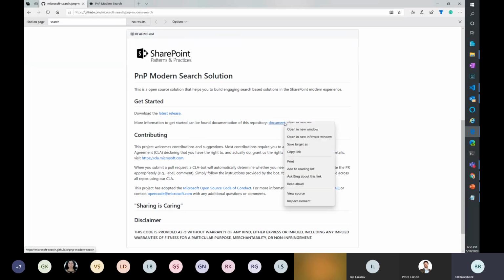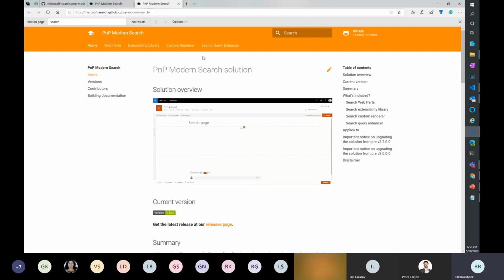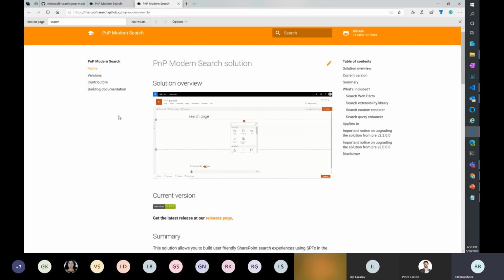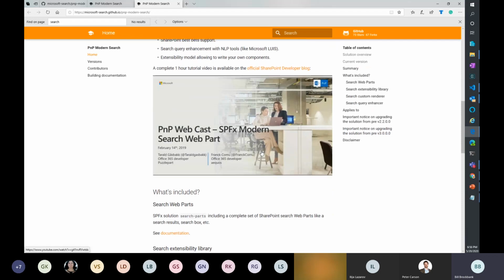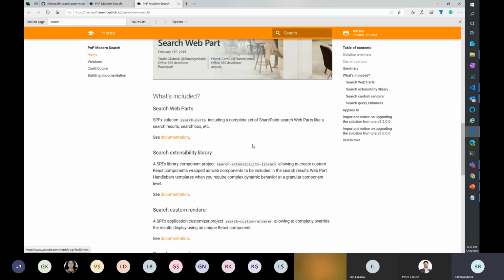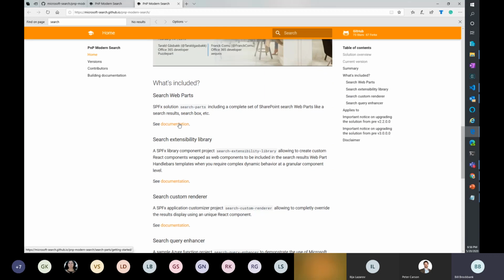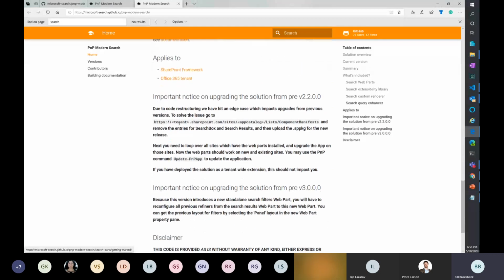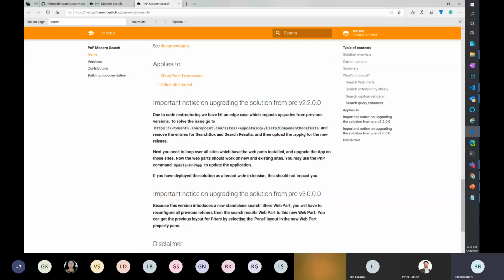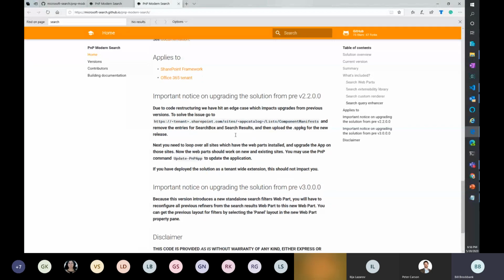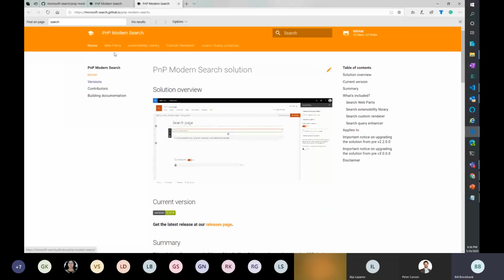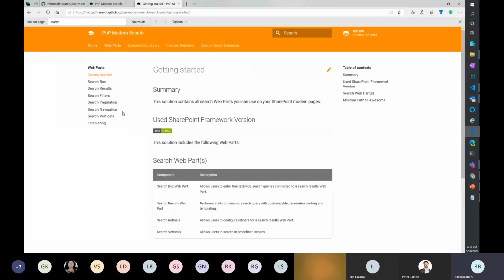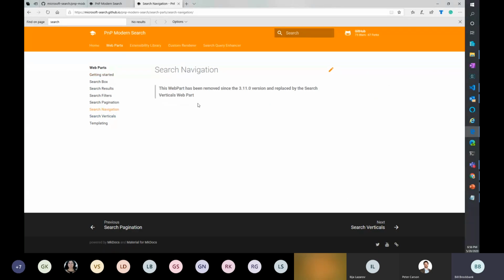And then there's the documentation site, which is this one, which goes through all the pieces, how to get it installed, the information I covered. The link to one of the videos I talked about, this is the older one from March last year. And then they talk about how to get the web parts and build them. So there's a way to go through and do all that. The framework, important solution upgrades, what's happening with changes. And then you've got the components. The way they do these sites, you've got your 6 web parts. It does have references to the 2 I said are no longer available in this version, but basically they say they're no longer available.